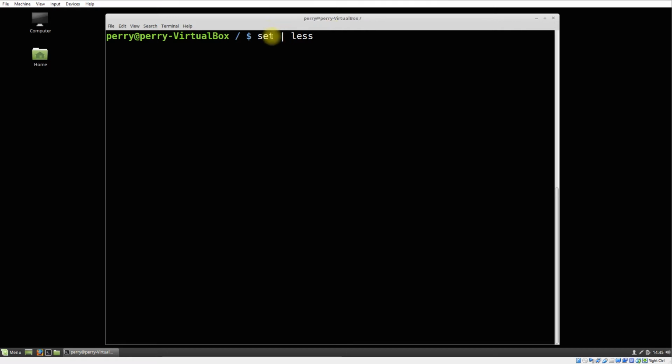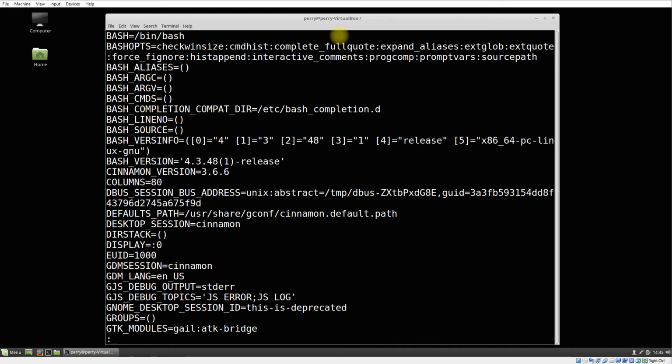We will talk about that just a little bit later in the course, so bear with me. But I'm just doing this so that I can show you what's in there, because otherwise we'll just be scrolling up through a lot of output. So this gives it to us one page at a time. You remember the less